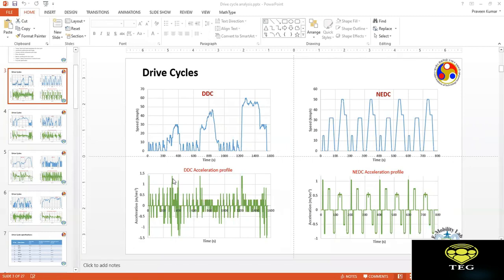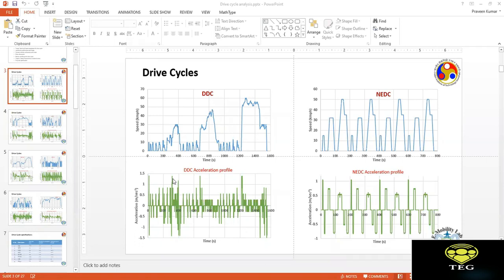Yes, sir. But sir, we have to consider another factor, which is population, sir. I mean, the more traffic on the road, the less speed we drive. Yeah, but while designing a vehicle, we do not really go for population projections. We mostly look at the driving pattern, the speed profiles, and the expectations of the potential users. So these are the driving profiles which reflect the expectation of the potential user.